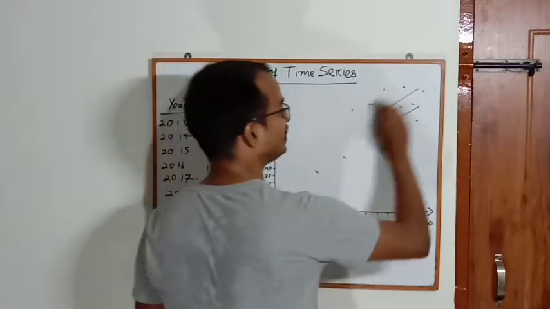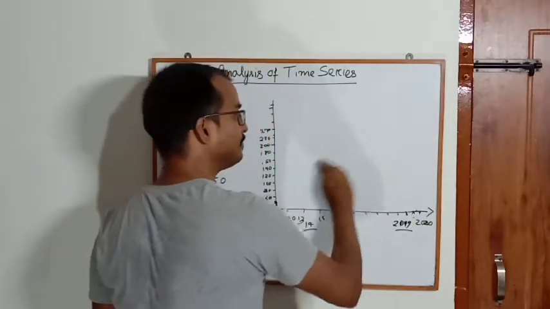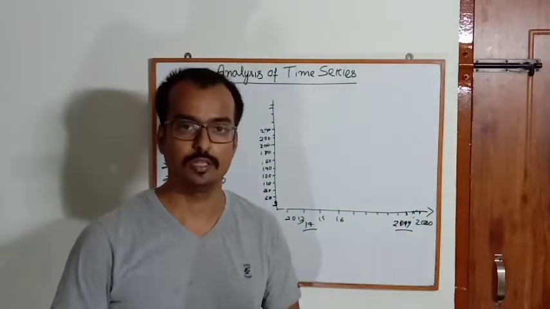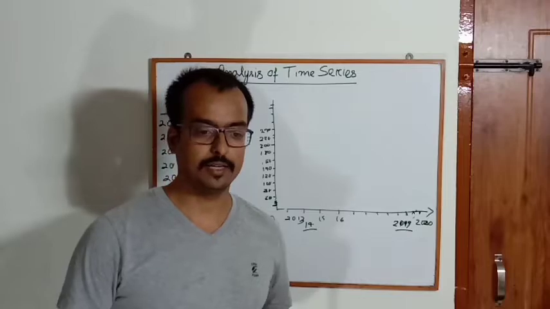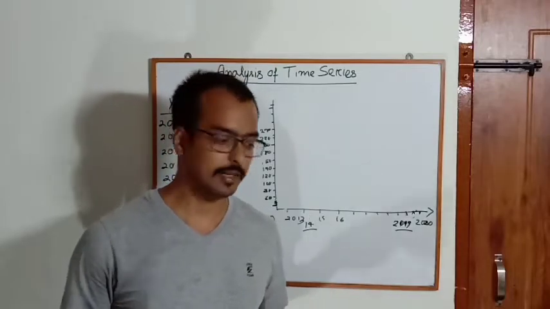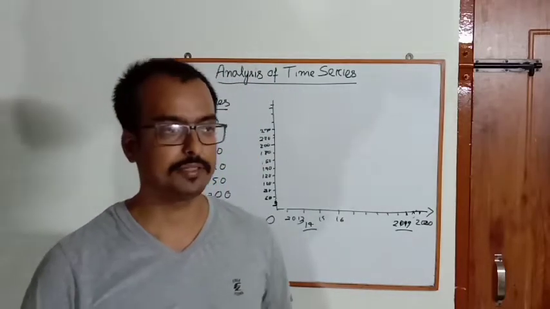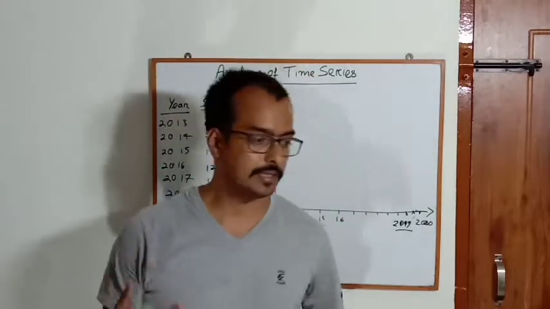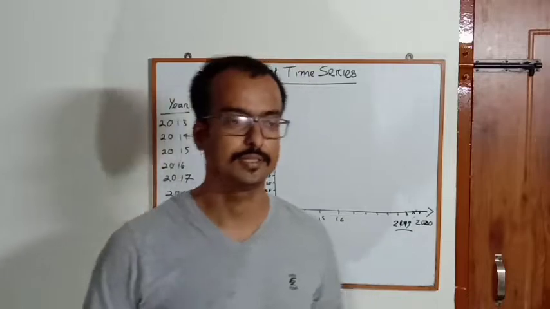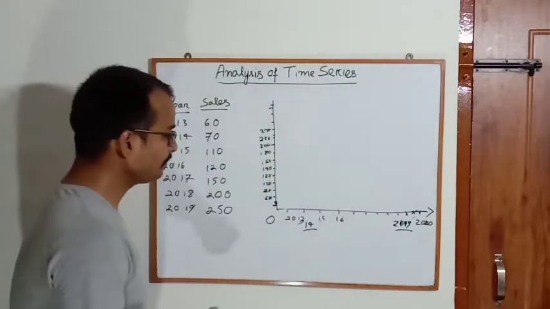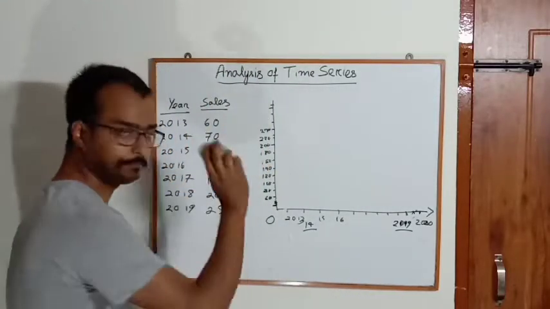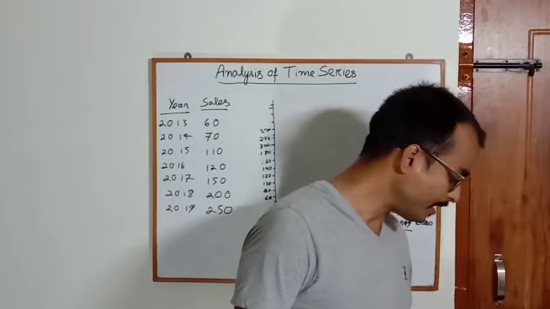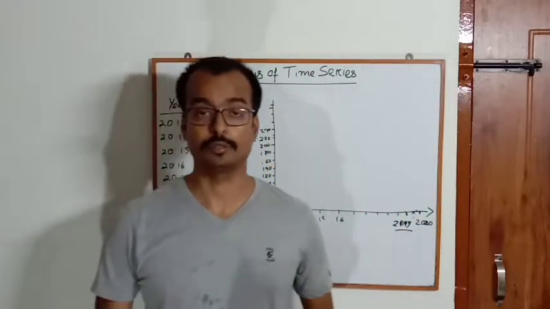And when it is subjective, on the basis of a subjective thing, you cannot make a prediction of the future. So the value which you predict is also subjective, and as it is subjective, it cannot be said to be purely scientific. So in that case, there may be more variations than expected. So this is the freehand method or graphic method.